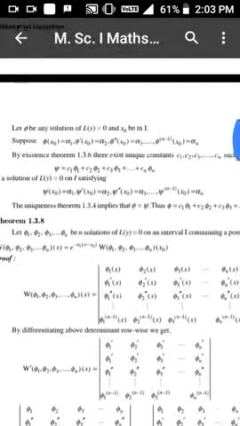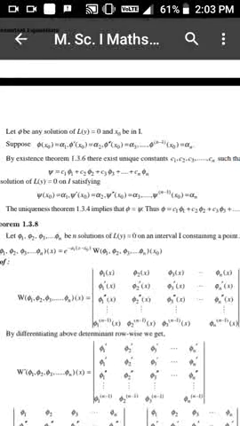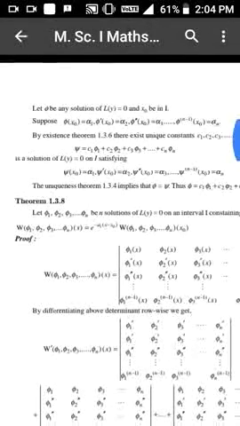Let phi be any solution of L(y) = 0 and x naught be in I. Suppose phi(x naught) = alpha 1, phi'(x naught) = alpha 2, ..., phi^(n-1)(x naught) = alpha n. By the existence theorem, there exist unique constants c1, c2, ..., cn such that psi = c1 phi 1 + c2 phi 2 + c3 phi 3 + ... + cn phi n